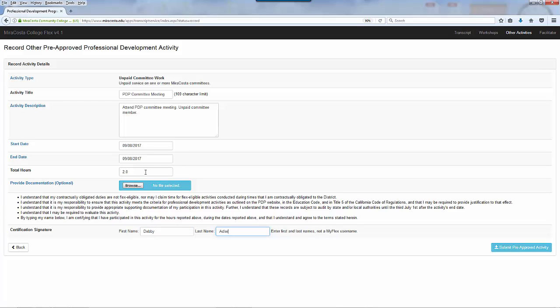However, I also want to show you that if you make an error, such as under hours, you put the word hours, or in this case H, because it doesn't want to let me go any further than that. And then I would go down to Submit Pre-Approved Activity to the button on the bottom right of the page. I'll click it. You see I didn't move from this page. And over here, under the total hours, it says please enter a numeric value. It doesn't want to see any alphabet letters or such, so I'm going to remove that, and then I'm going to submit